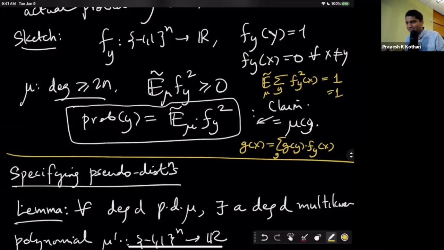Does it make sense? It's a whole lot of notation, yes, and I was trying to still